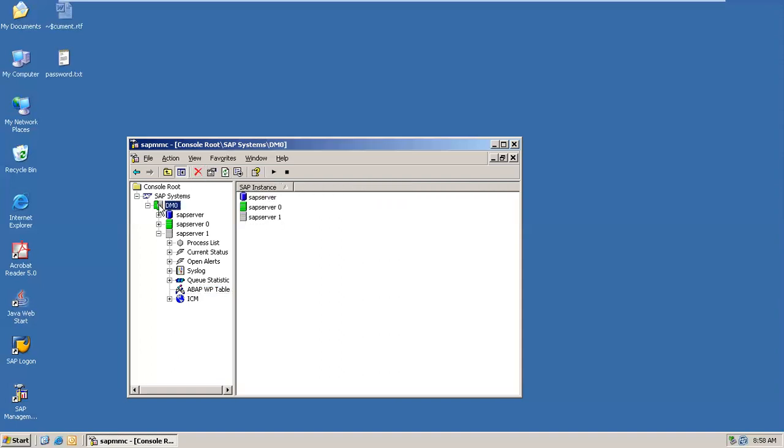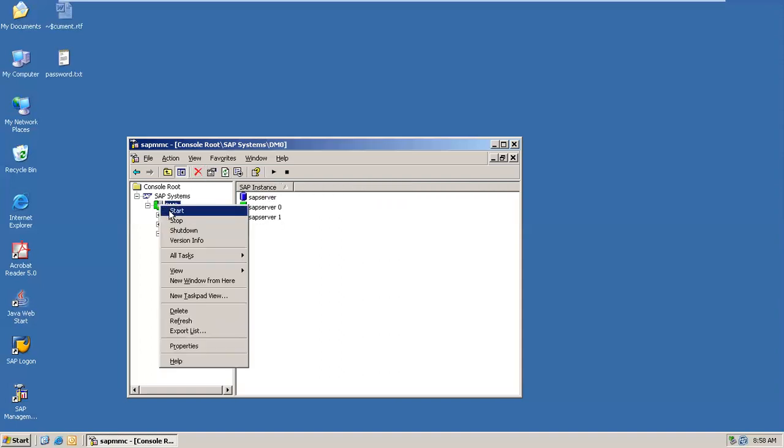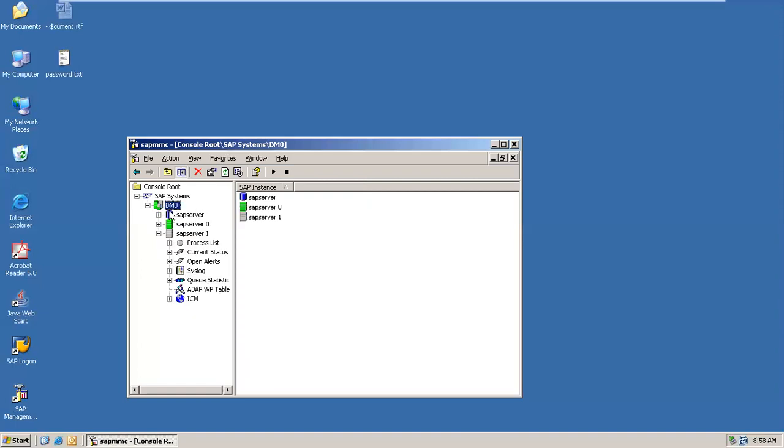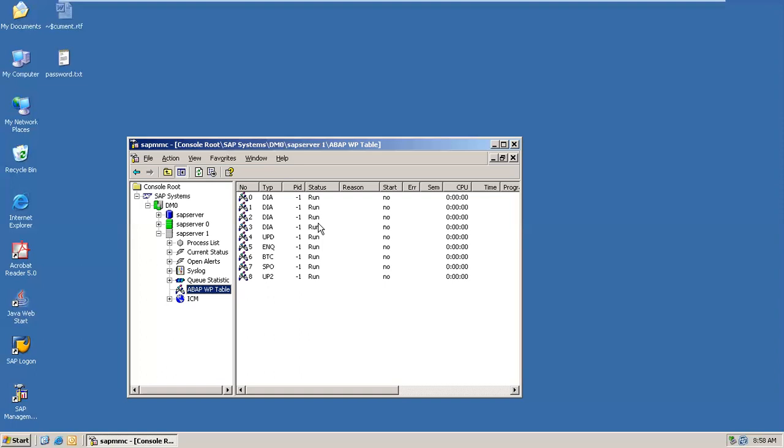Okay, let me restart the instance again. So I'm clicking on start again. Only once is enough, but I'm going for another start. Let's see if it works. So you will get to a moment where, yes, like this, the system will display a table like this with at least 9 instances, 0 to 8.